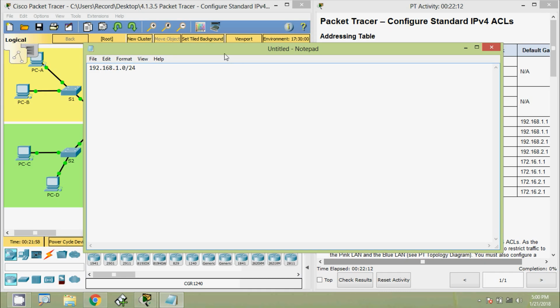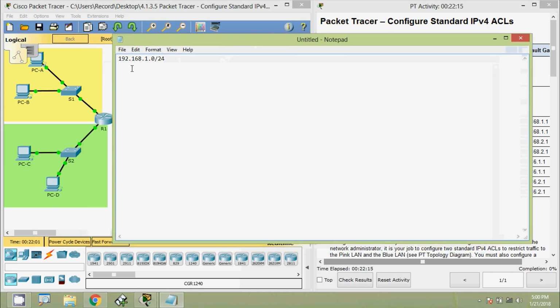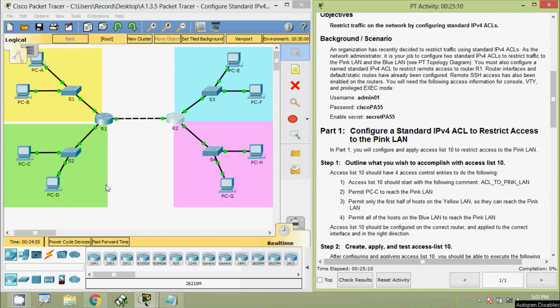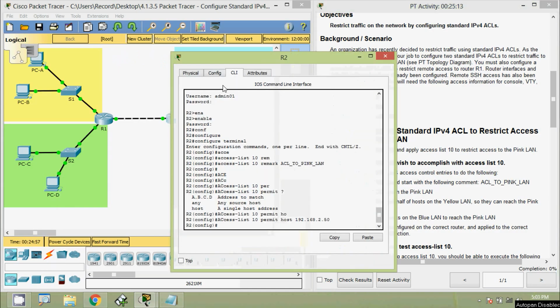Here we can see with the help of this network address, we can have 256 addresses, 254 hosts. So we have to find the half of this, that means 128. Here we can use 192.168.1.0/25, so that we will get the range from 192.168.1.0 till 1.128. Coming to the configuration in this router R2,